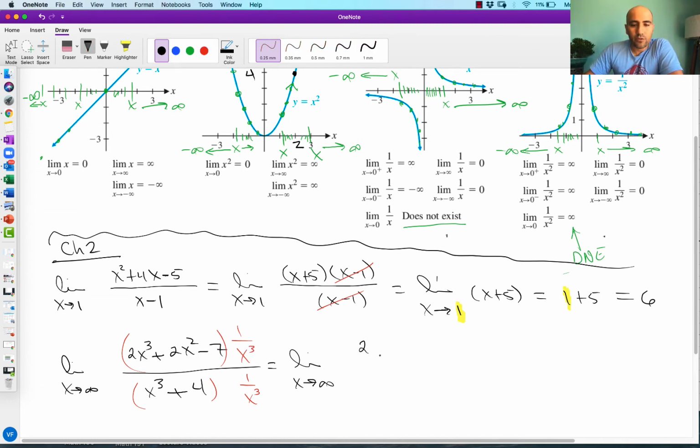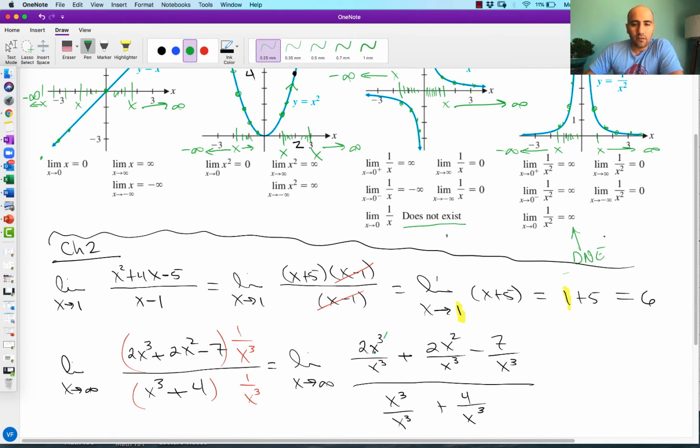We'd end up with 2x cubed divided by x cubed plus 2x squared divided by x cubed minus 7 divided by x cubed, all over x cubed plus 4 over x cubed. Okay, now a bunch of stuff reduces. This reduces with that completely. This reduces with that, and then that doesn't reduce. These guys cancel, and so we end up with this equaling the limit as x approaches infinity of just